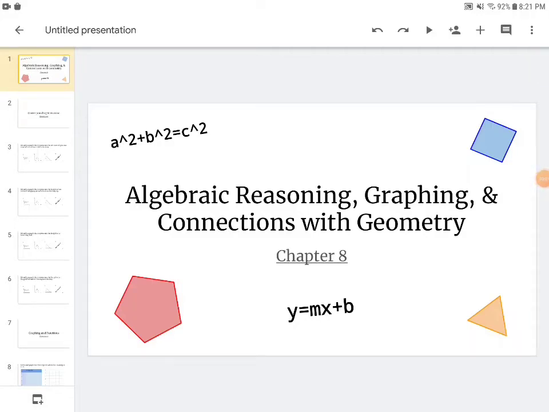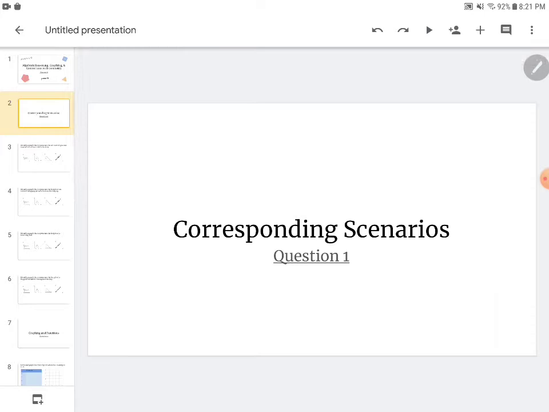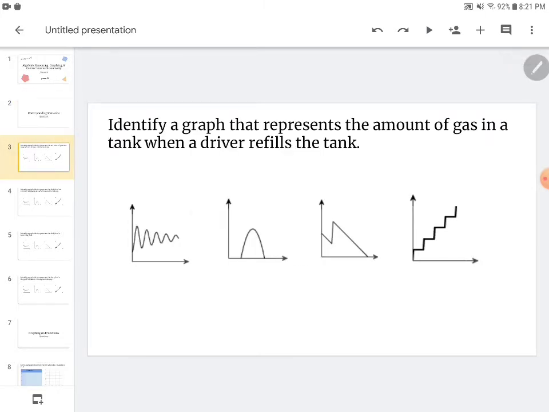Everyone, welcome back. Today we're going to talk about algebraic reasoning, graphing, and connections with geometry. So first off, we're going to start out with corresponding scenarios. Our first question, we're going to identify a graph that represents the amount of gas in a tank when a